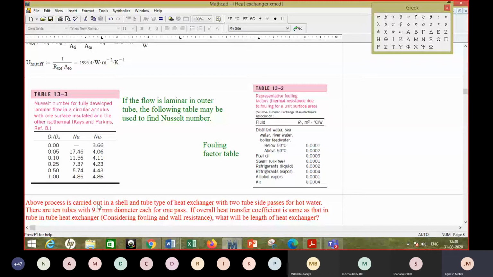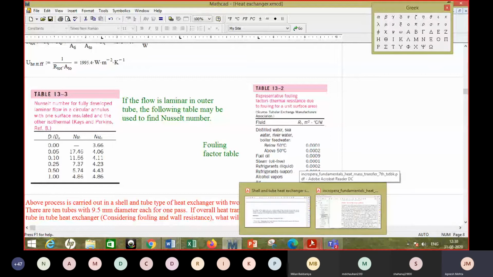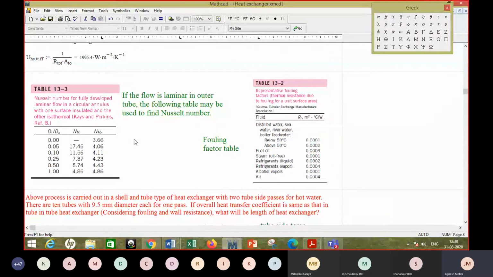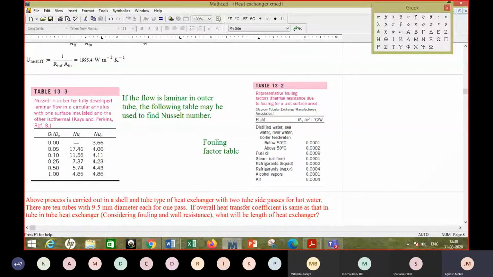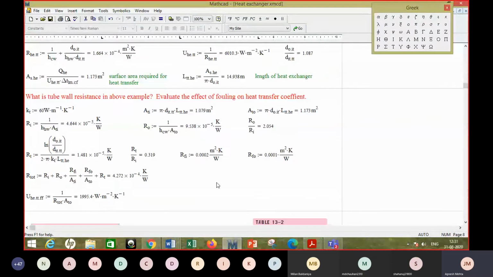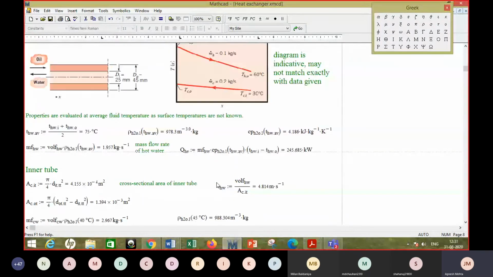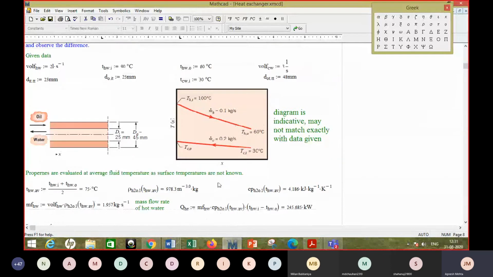So what is P? P was the tube side temperature difference in the numerator, and the maximum temperature difference in the denominator. So what are the temperatures you're talking about? You're talking about the same temperatures which were used here, right? In this case, the tube side is hot water, so 90 and 60, right? Those are the two tube side temperatures. So the difference between those two will be in the numerator.